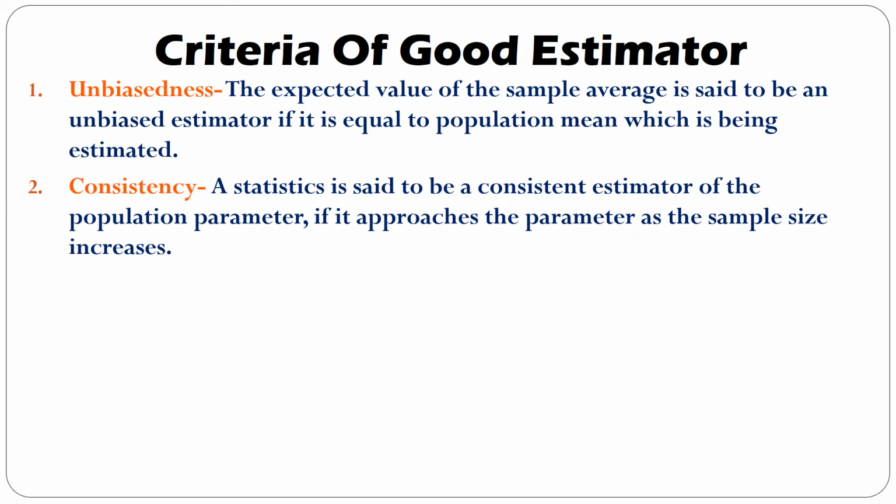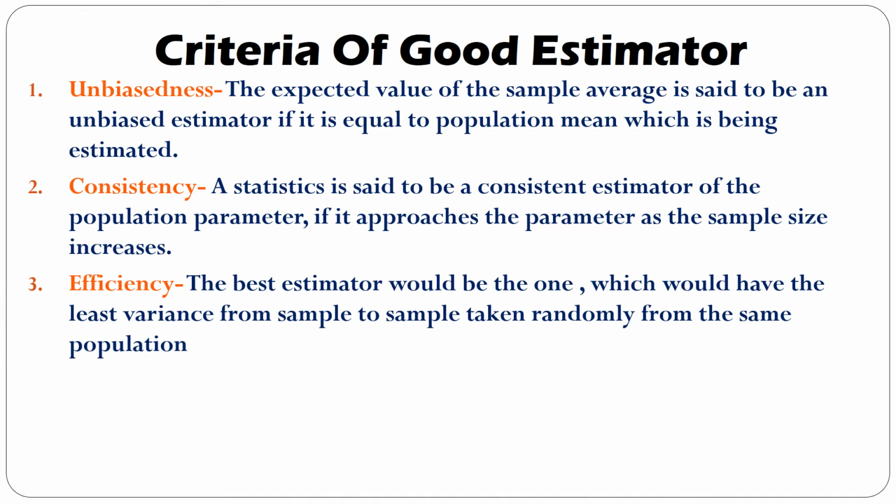Consistency. Consistency refers to the effect of sample size on the accuracy of the estimator. A statistic is said to be a consistent estimator of the population parameter if it approaches the parameter as the sample size increases. Efficiency. An estimator is said to be efficient if its value remains stable from sample to sample. The best estimator would be the one which would have the least variance from sample to sample taken randomly from